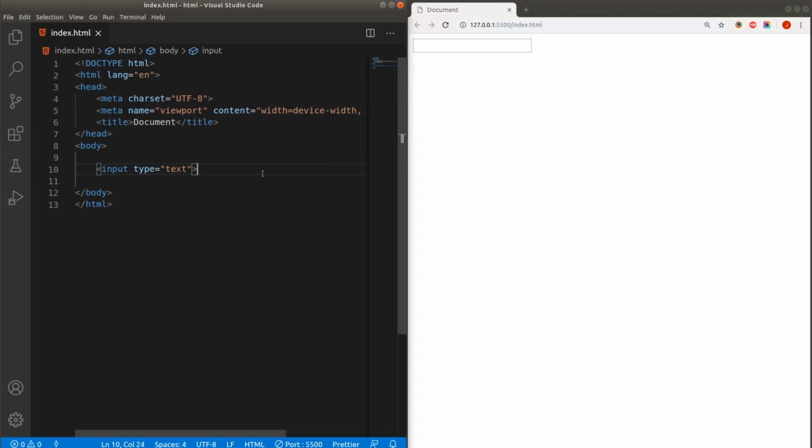Okay, now we will see different types of attributes supported in the input element. Now look, your text box is looking quite small, and suppose in your requirement you want a bigger text box, then you will specify the size of that text box, and the size is always specified in characters. So I will add size is equal to 100. Let me save the changes, and look, it is really big, so I will specify it as 50. Look, we have a bigger text box now.